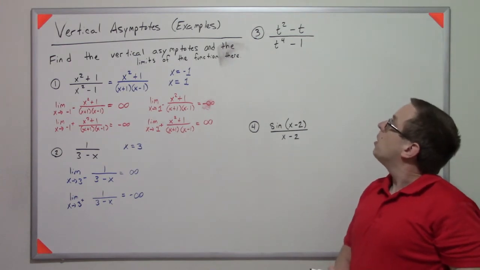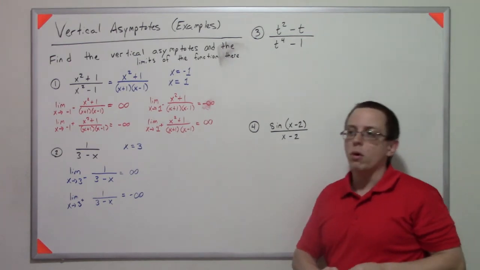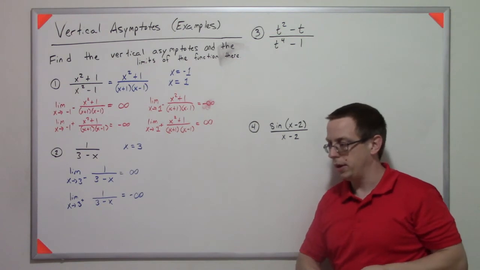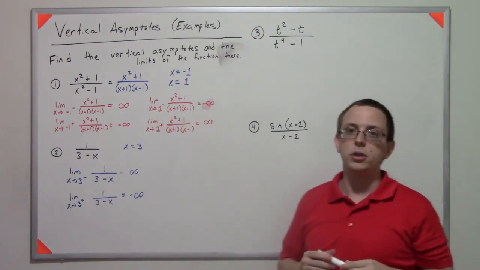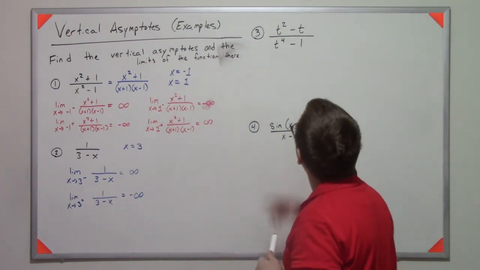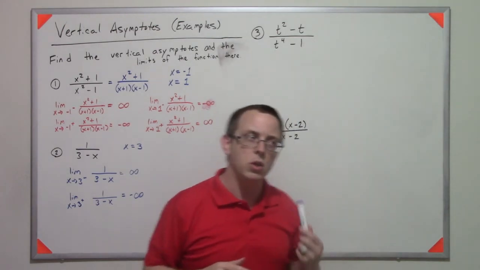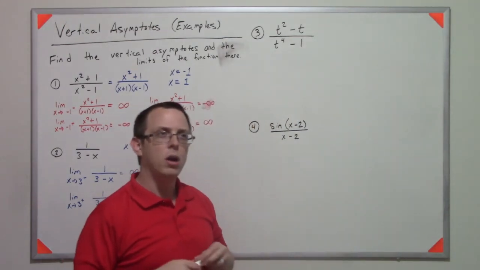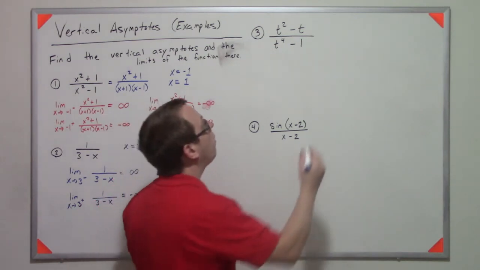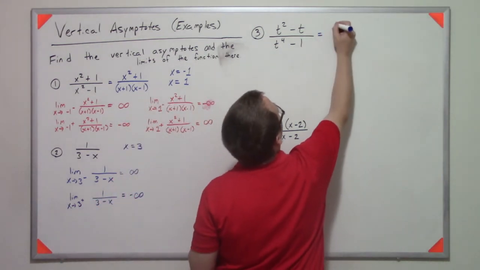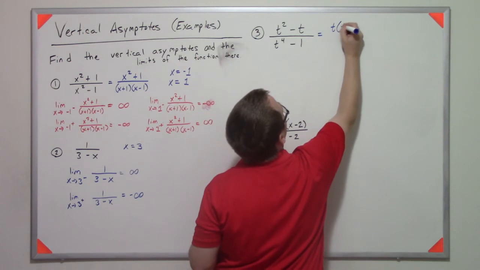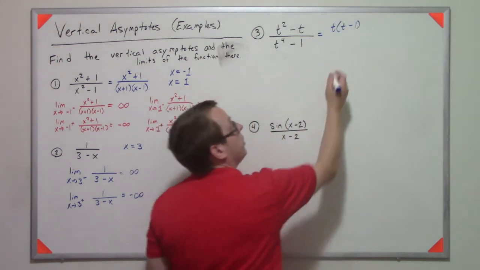Have t squared minus t over t to the 4th minus 1. So let's do a little bit of algebra here. So we need to factor this. And we have to be a little more clever. This is something that you have probably seen before, but you probably haven't seen for a while. Well, hopefully that you've seen before, but